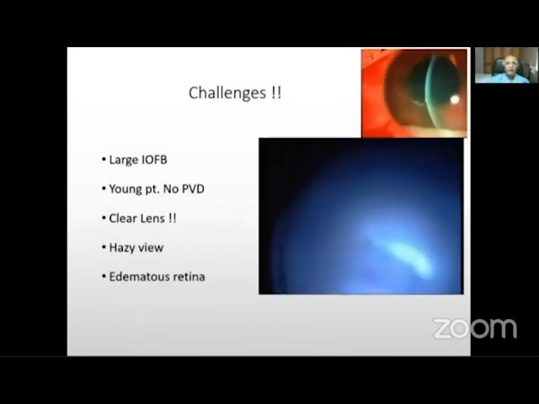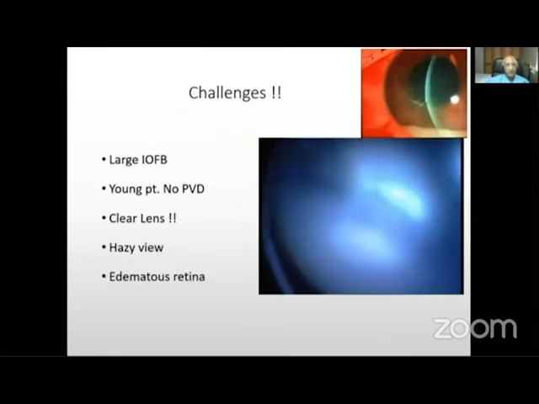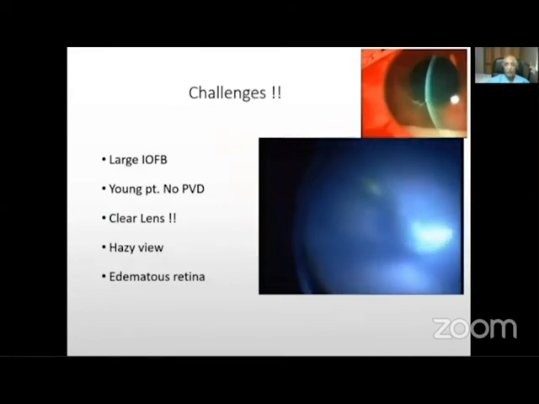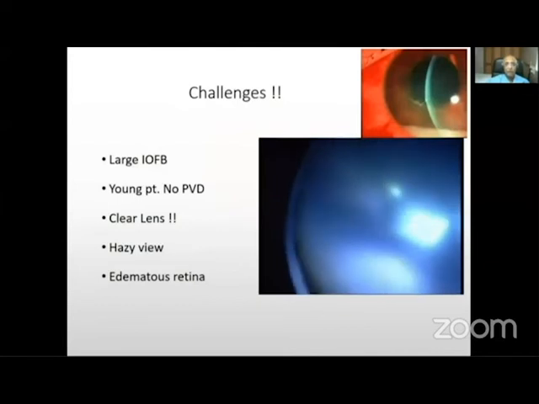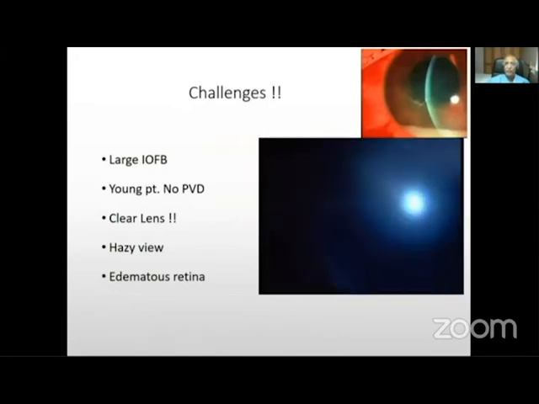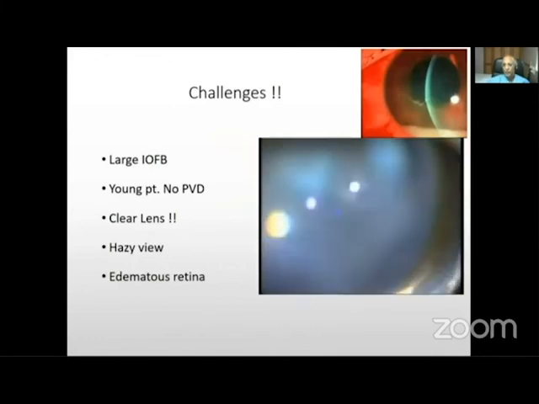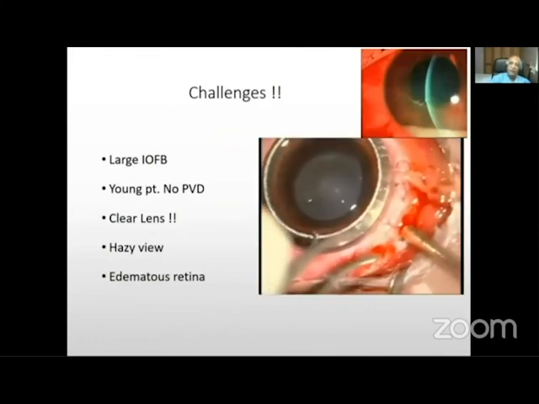This is another challenge of a young patient with a large foreign body. There's no PVD, the lens is clear, but eventually during the surgery it becomes hazy. The view is hazy throughout. The edema of the retina is there, making it very friable, and therefore one can do a limited vitrectomy. And if it is possible to see the foreign body, we can remove it by magnetic means, as shown in